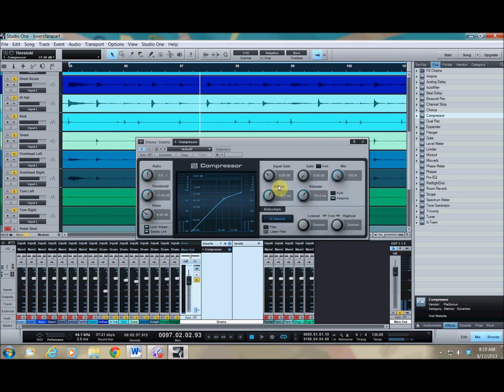Alright, so I'm going to do the same thing with the attack and release. I'm going to start with a very fast attack and slowly bring that up. So as you could hear, when I brought up the attack setting, you could hear more of the transient getting through, and we actually got to a point where there was very little compression happening at all. So let's move on over to the release setting and see what happens when we